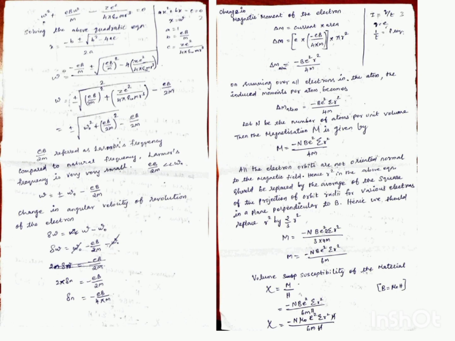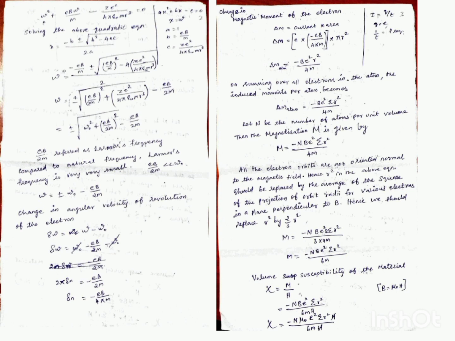On summing over all electrons in the atom, the induced moment per atom becomes minus B e squared summation of r squared upon 4m, and the net magnetization is given by minus N B e squared summation of r squared by 4m. Here N is the number of atoms per unit volume. All the electron orbits are not oriented normal to the magnetic field. Hence,